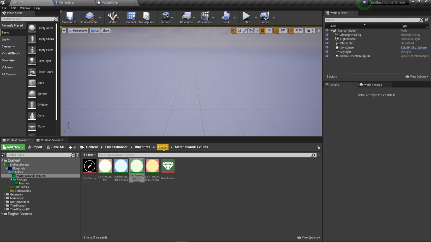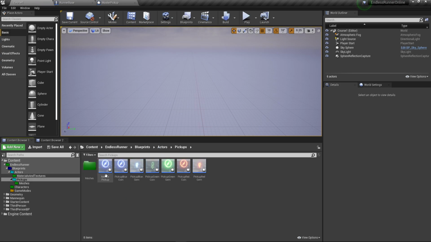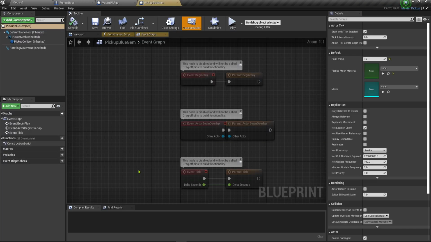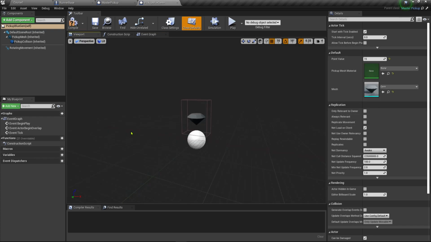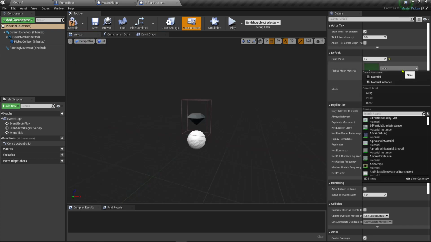Okay, so let's go back to our actors, pickups. We've done this one here. Let's do the blue gem so I don't miss them again. We're going to call this gem. We'll look in our viewport, make sure it's there, and we'll say,